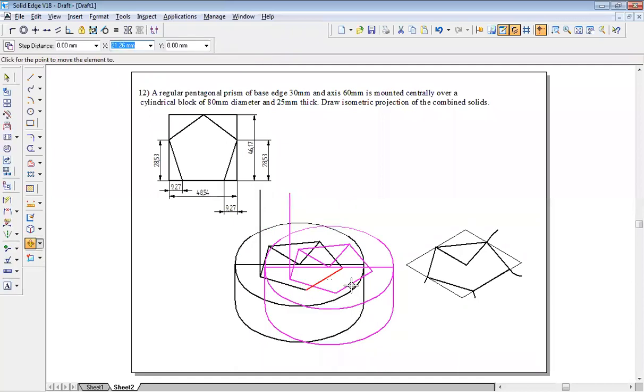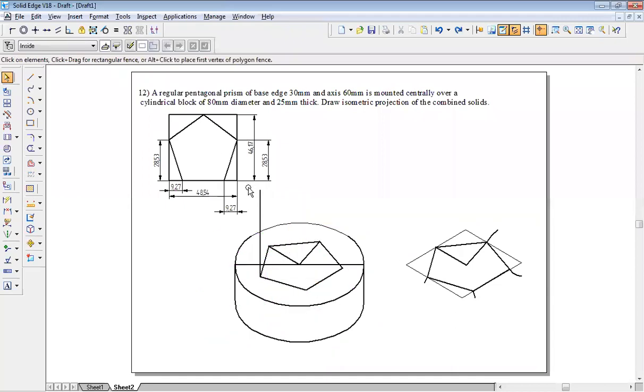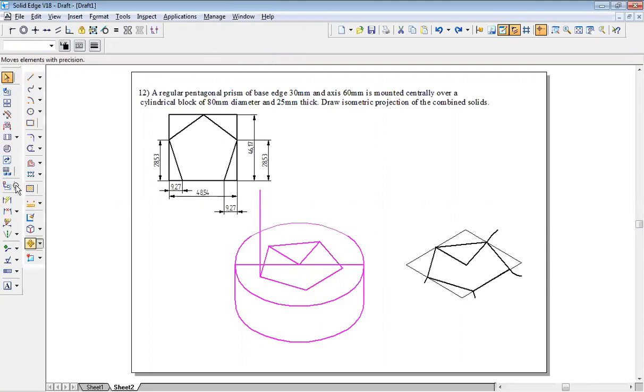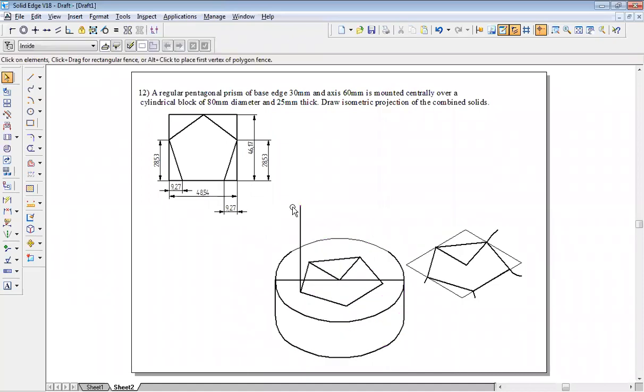I'll move it a little bit aside so that the top pentagon will not disturb. Okay. Now on top of this, one more pentagon.